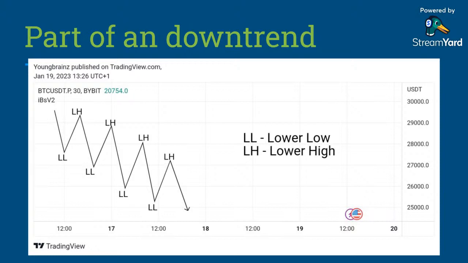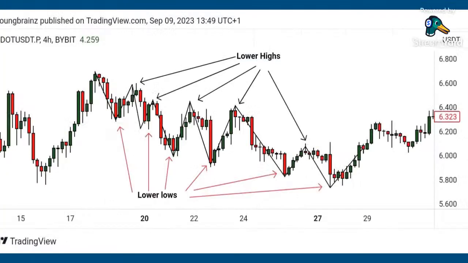That's what you call what? Lower high. I don't know if you understand. So as much as it went up, you can see the market came down, created the first lower low, went up, created the next lower high, came down again to create the next lower low. So the next lower low would always be lower than the previous low. All right. So that's what I mean by the part of the downtrend. So let us progress now.